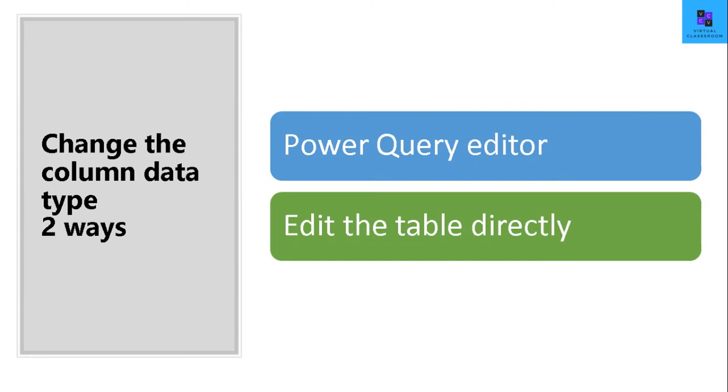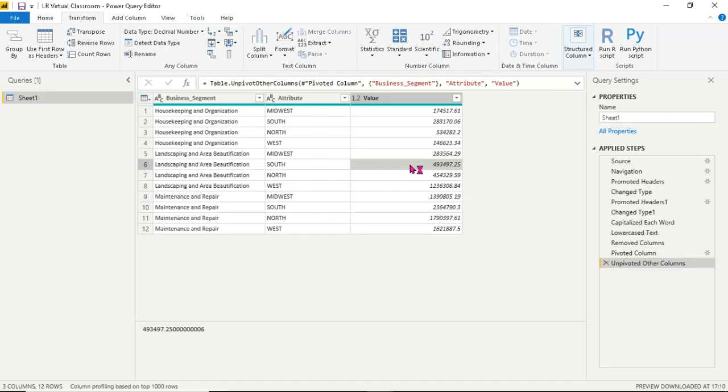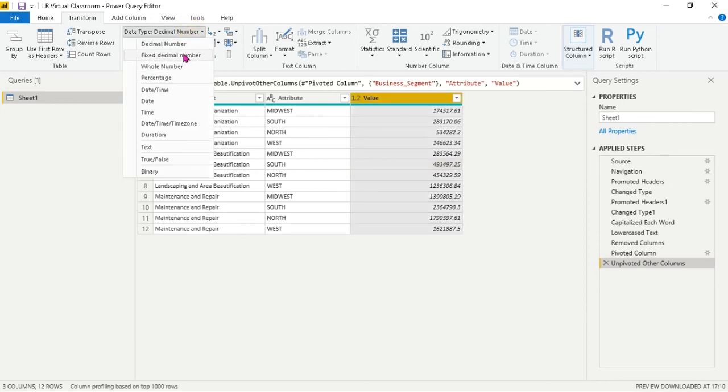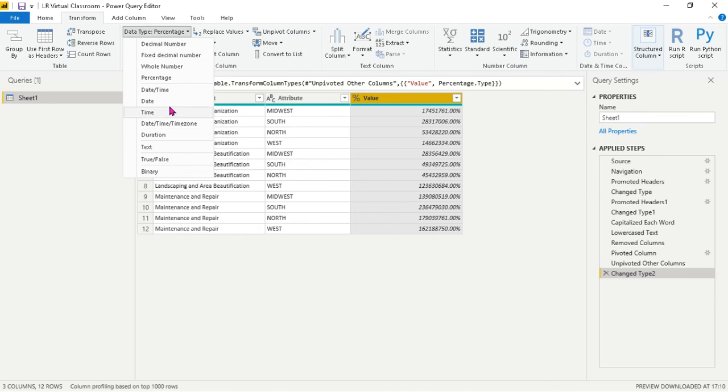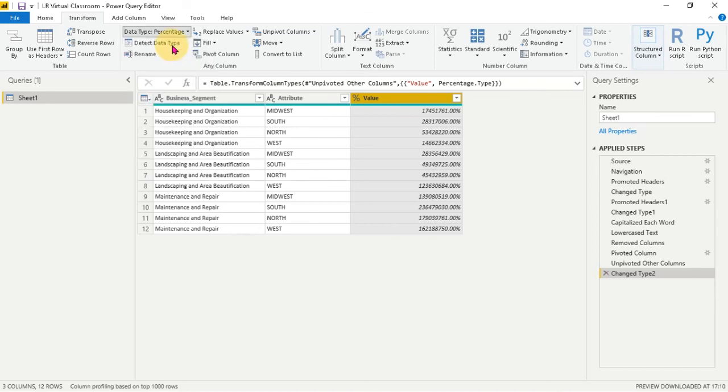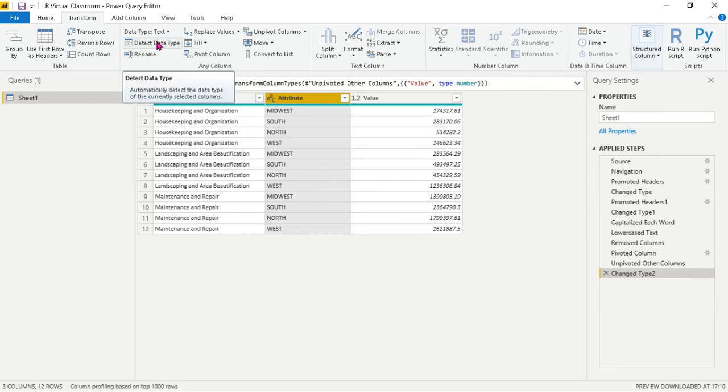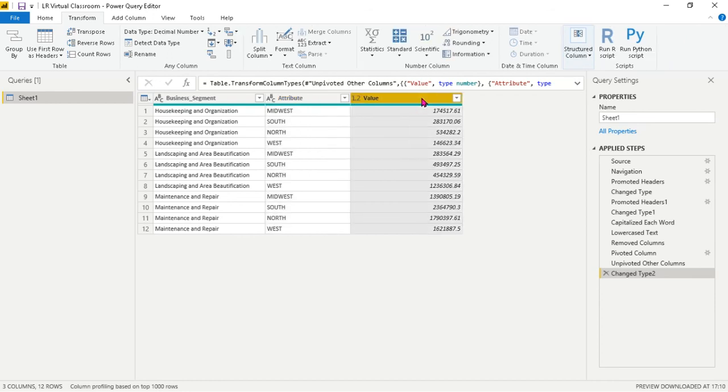There are two ways you can change it. One, you can directly edit in the table itself, or you can edit by using the Power Query editor. As you can see here, this is given as a value. It is given as a decimal number. I have whole number or a percentage. I can detect the data type here. Let me retain it to a decimal number itself. And I have a text value here. So it will automatically detect the moment you load the data, Power BI will detect the value, but it's very important for you to evaluate to ensure that you have the right type of data.